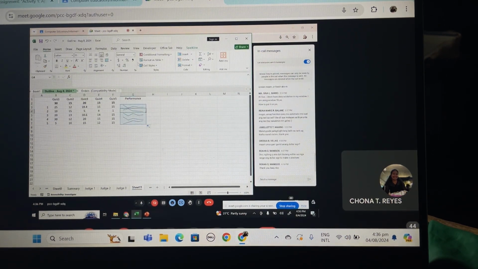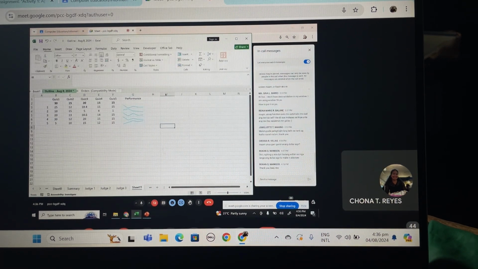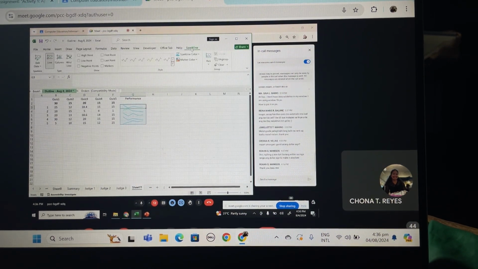You can change the color. You can change the color to red. You can change the blue. You can change the design. Just click the spark line and then we have here